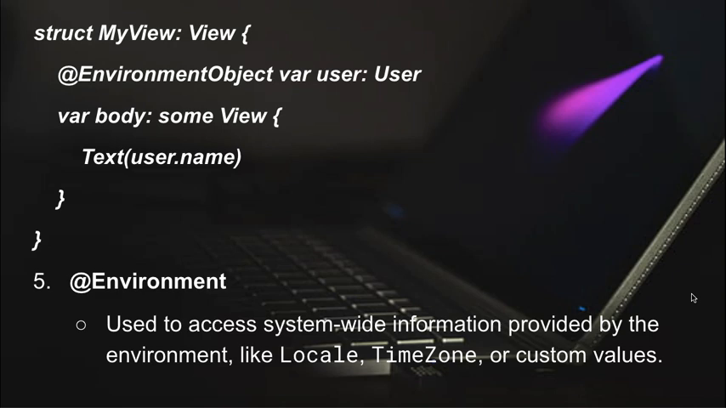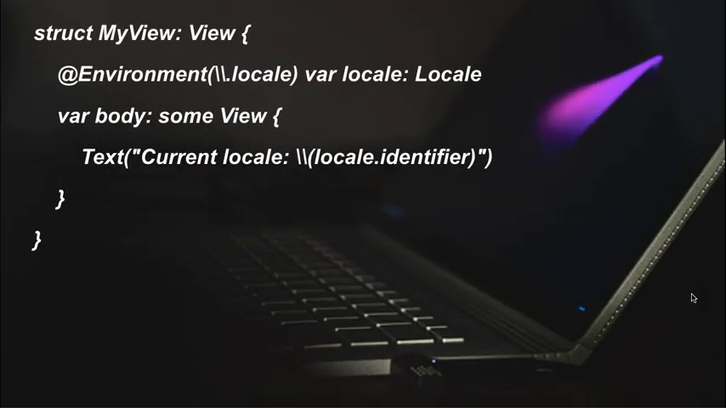Number five, @Environment. It is used to access system-wide information provided by the environment, like the locale, time zone, or custom values. struct MyView: View { @Environment(\.locale) var locale var body: some View { Text("Current locale: \(locale.identifier)") } }